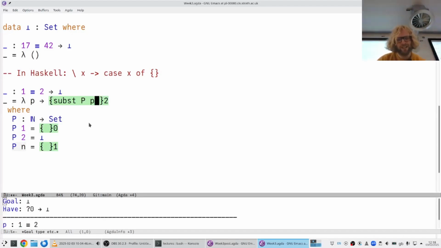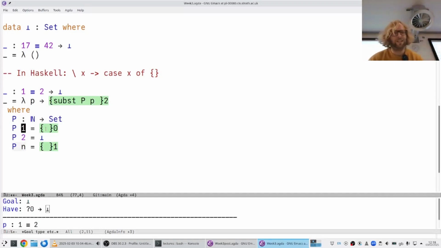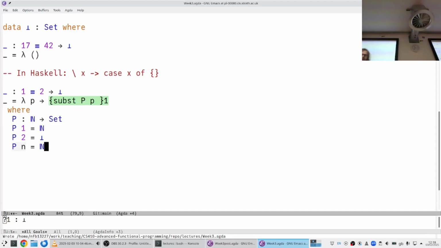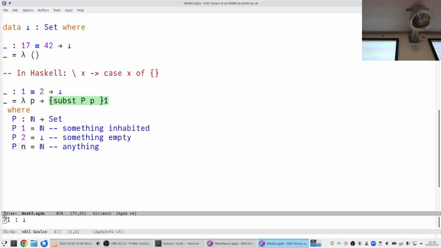So then here now, if I can do this for n equals 1, then I go to empty. So I better make sure that I can give a proof of P of 1, right? So I'm just going to say that P of 1 is the natural numbers, say. And then I also have to say what this is in general. I don't really care. I only care about these two cases. So I'm going to say this is the natural numbers again, I suppose. Because now, if I only can come up with some natural number, then I get the proof of false.